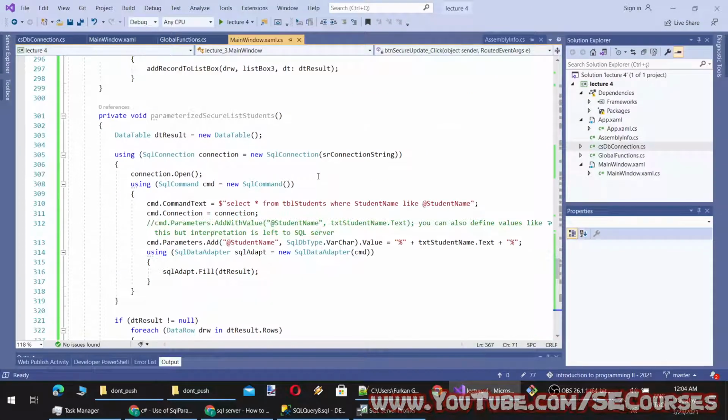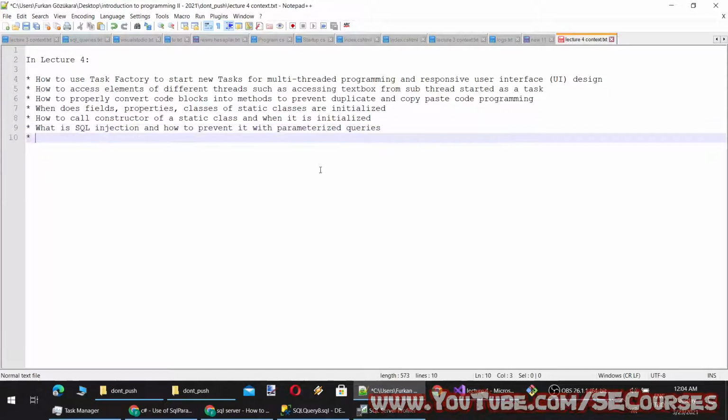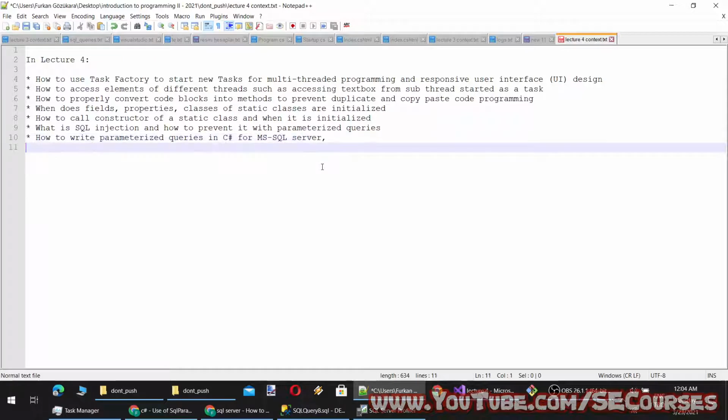And what else is there? What is SQL injection and how to prevent it with parameterized queries? How to write parameterized queries in C# for MS SQL Server.